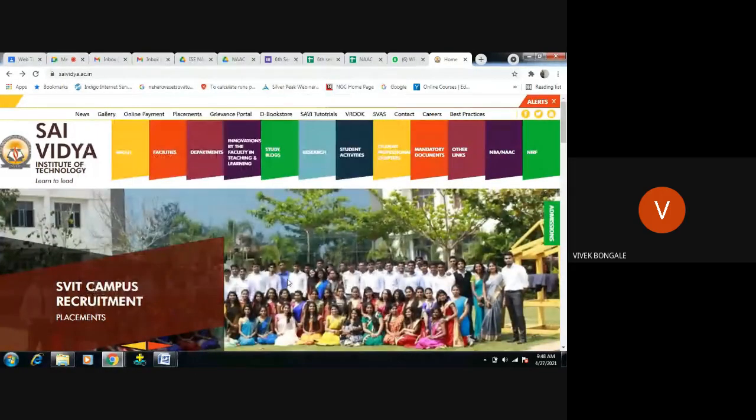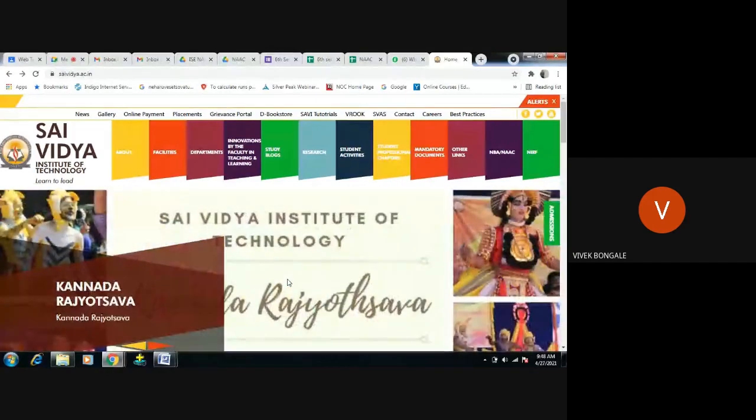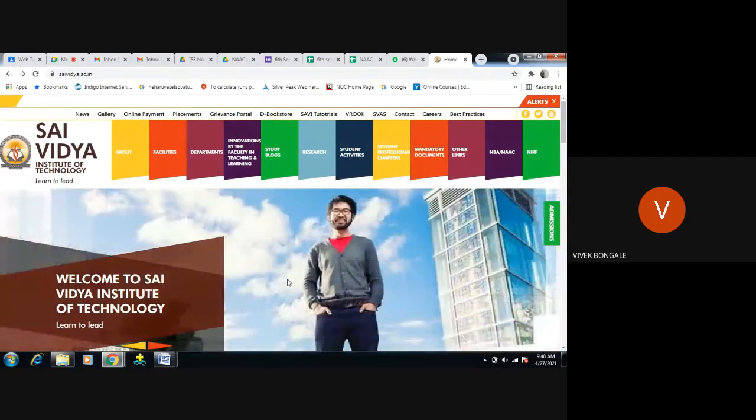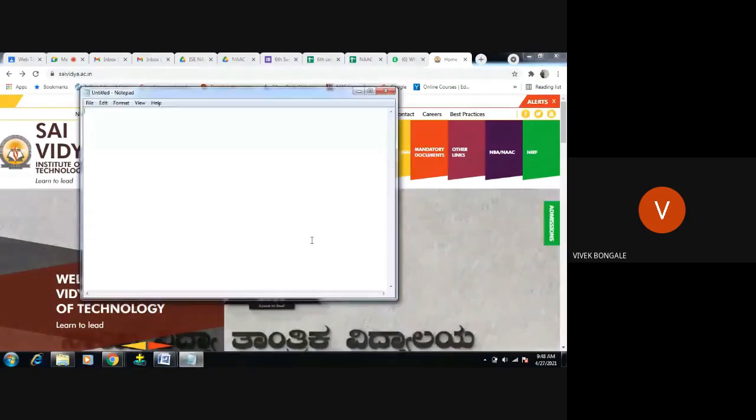How to create header and footer you already know, right? In yesterday's example I showed. In the header, you can use the image part. For the footer, you can use that copyright symbol. At the last we have shown the copyright symbol, right? So that we have to organize in our program. That's it. Correct? So I just open one notepad over here.